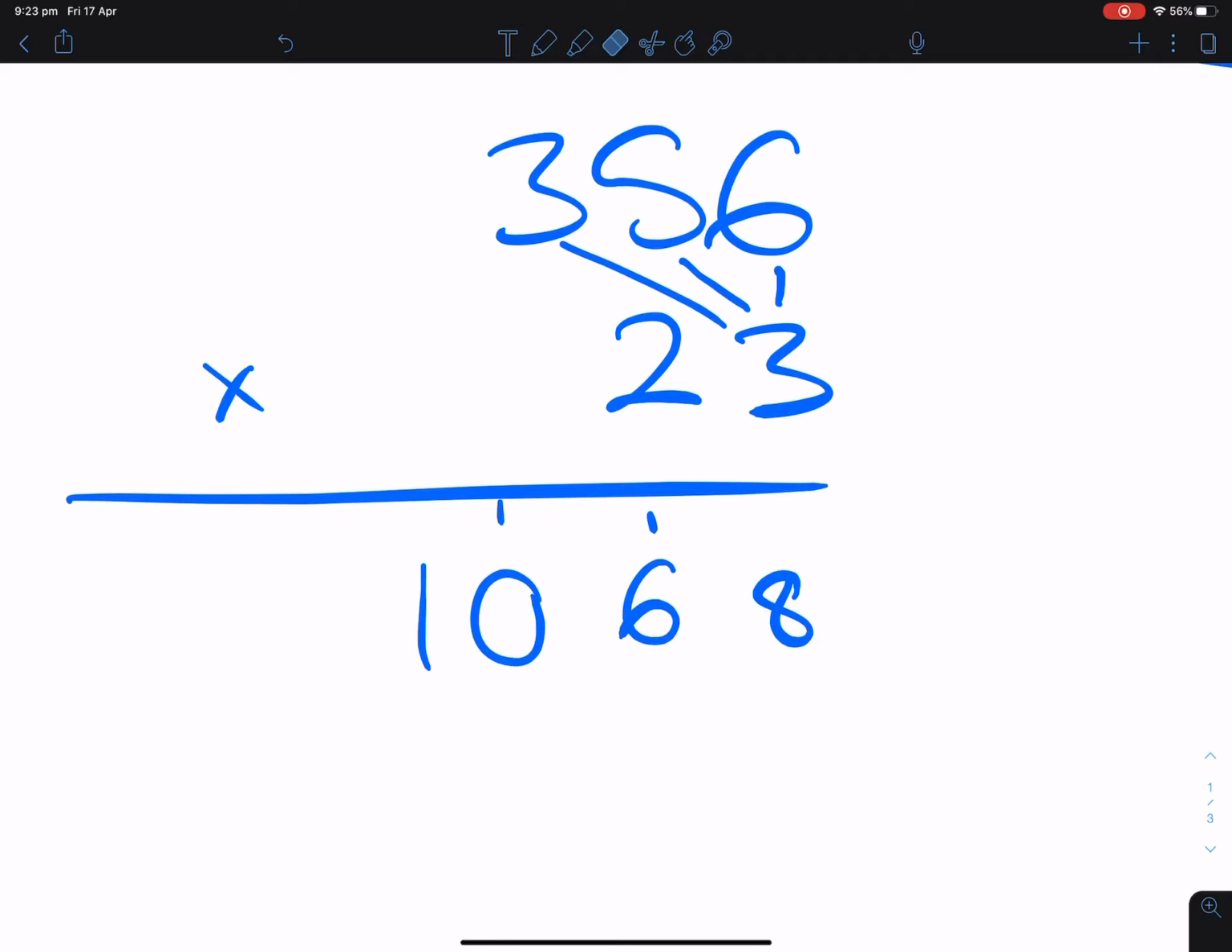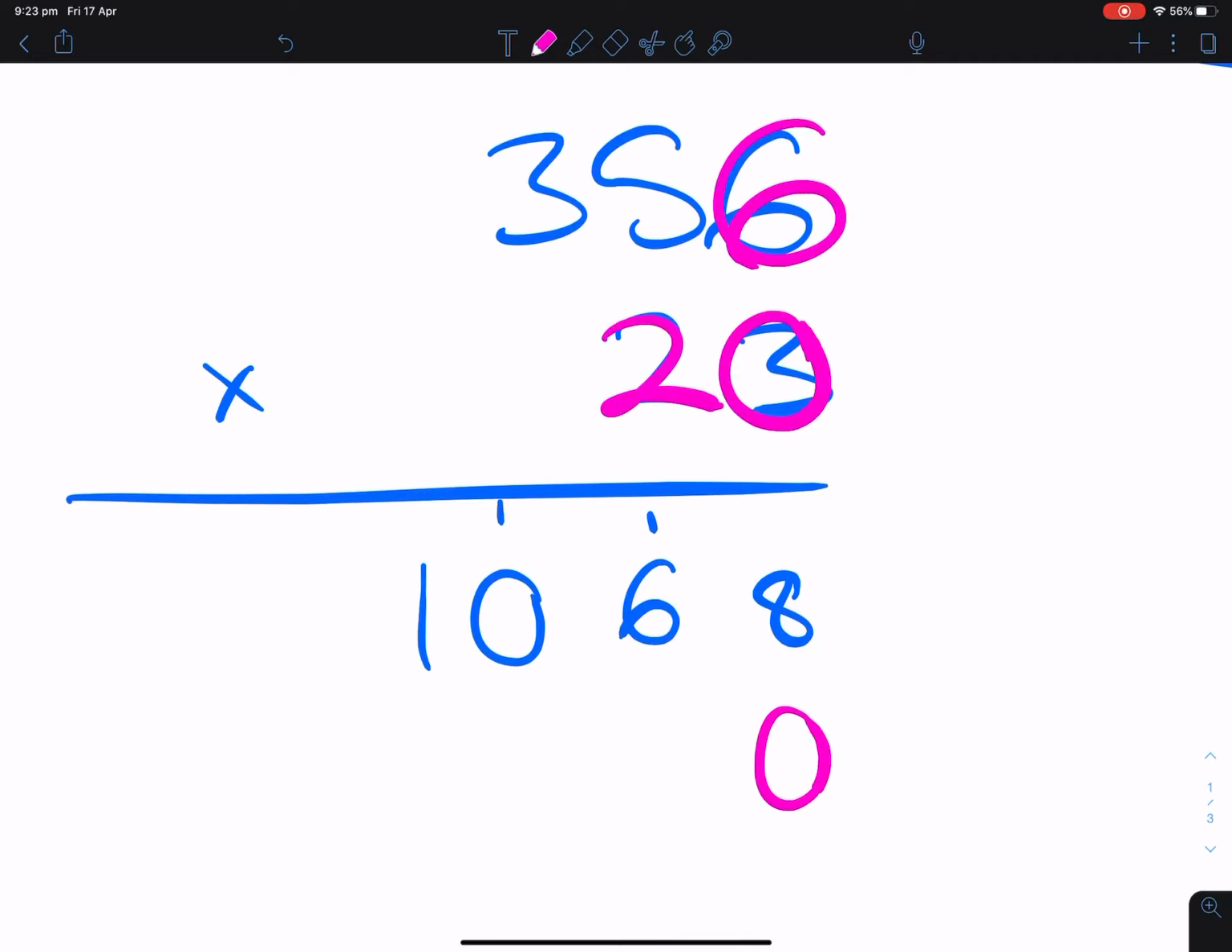We're now good to go up to the 2 column. Now, before I do this one here, I have to drop down a 0. So there's a 0 I have to drop down first because it's 20 multiplied by 6. Okay, so that 0 from 20 has to be accounted for. That's why we get a 0 down here. Okay, so let's do,